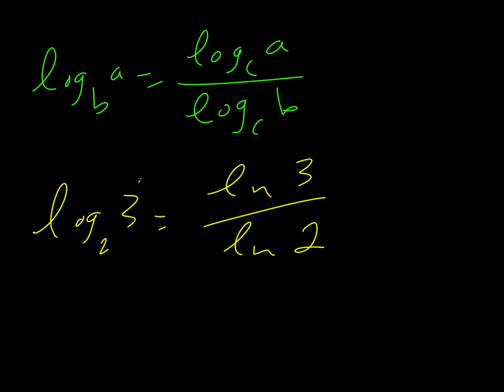The way I think about it, 3 is physically higher up on the page, so 3 goes on top. The base 2, the original base, is lower on the page, so it goes on the bottom. Okay? Alright, now what we're going to do,